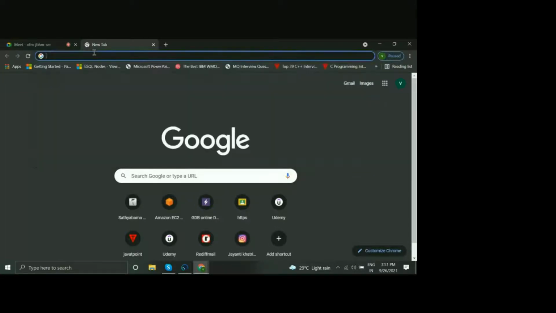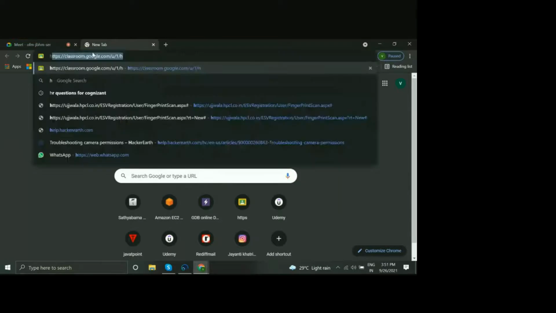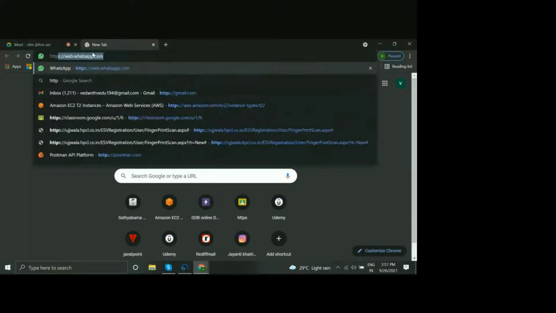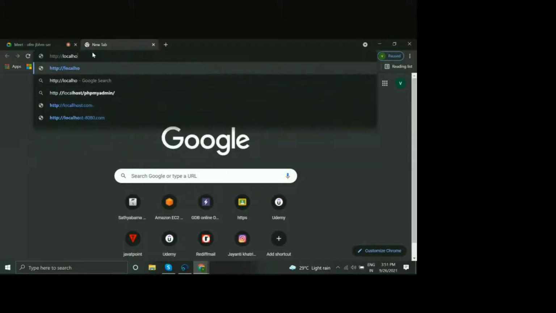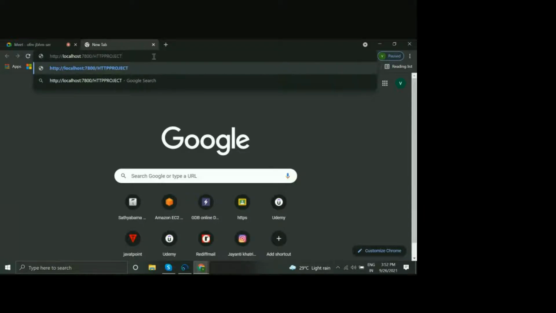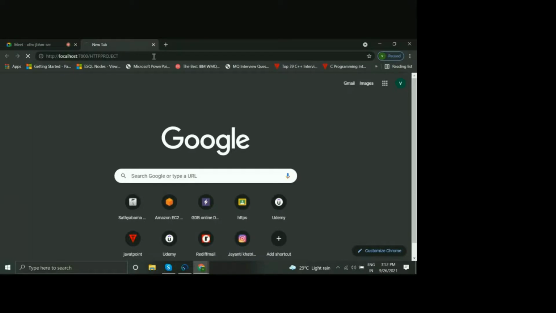Type HTTP, localhost, colon 7800, and then paste whatever you have in the clipboard. Enter. Yes, this is showing the response from that application.